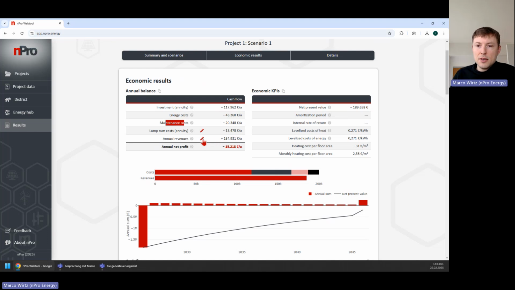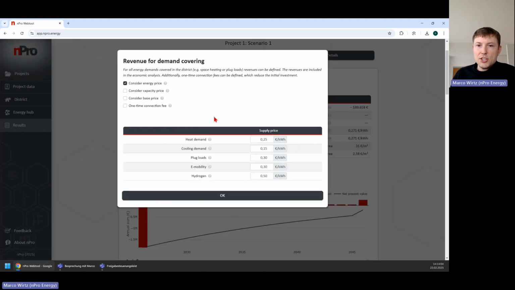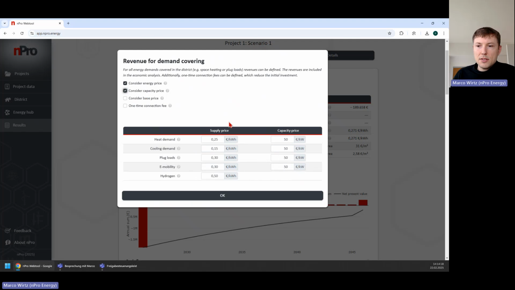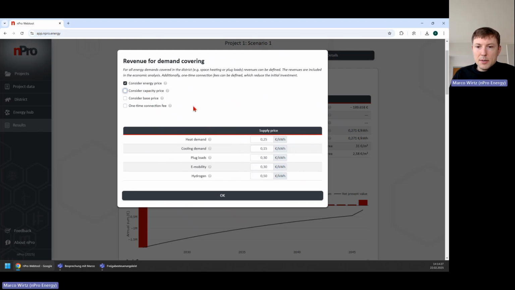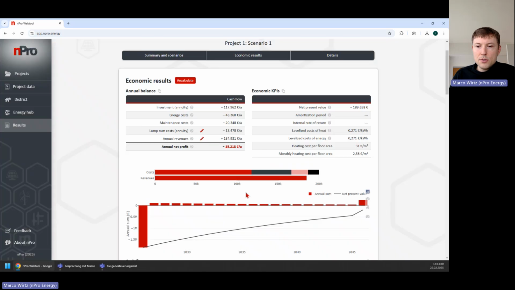If I click here on the pen symbol, then we can change this and say, okay, what would be the supply price from the perspective of the utility company? So we can consider an energy price in euro per kilowatt hour. We can consider a capacity price, euro per kilowatt, a base price, as well as a one-time connection fee per building. So this helps us to define our revenue tariffs, and then we can see, okay, is the case economically viable